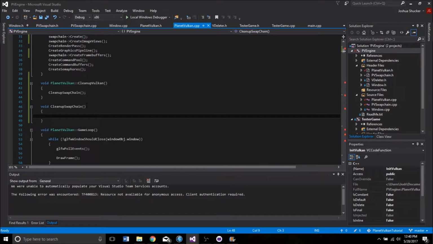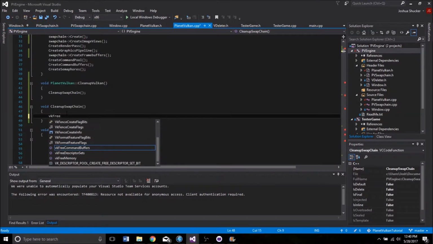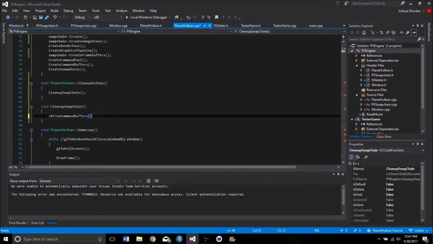So in cleanup swap chain, we're going to have to call all of the cleanup functions that we made. So we're going to go ahead and first we need to clean up the command buffers, but we don't actually want to delete those. We're just going to free them up in case we want to reuse them, which we will later. So we're just going to call vkFreeCommandBuffers and pass in the logical device